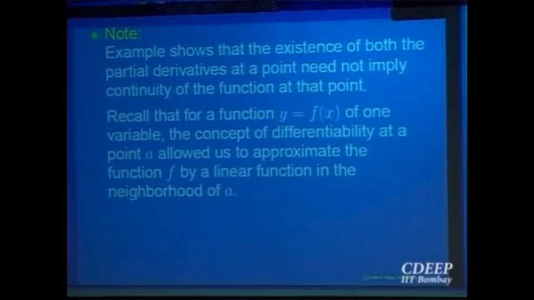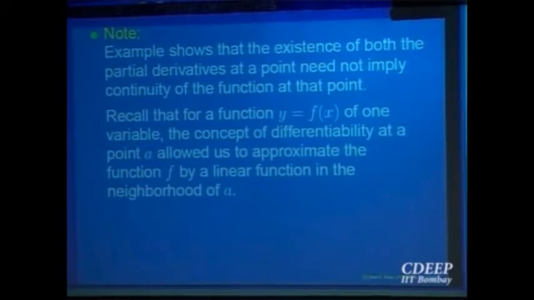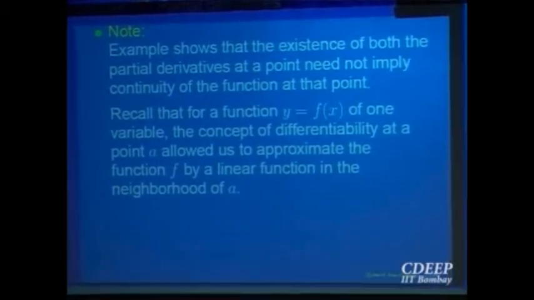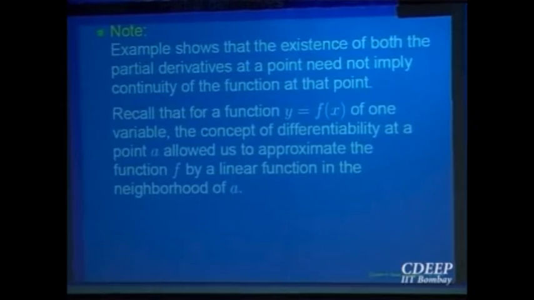The idea was that if a function is differentiable at a point a, then f of a plus h can be written linearly, right? Approximated by a linear function nearby. That is a tangent line, right? Geometrically that is a tangent line. So you can write f of a plus h is equal to f of a plus h times f prime at a, plus some error, of course. But approximation means you can approximate the function in a neighborhood by a linear function.